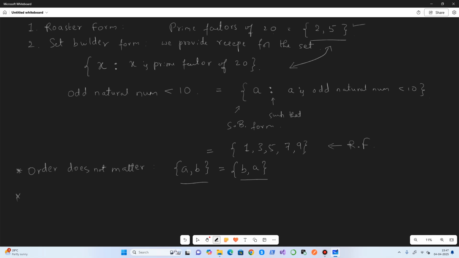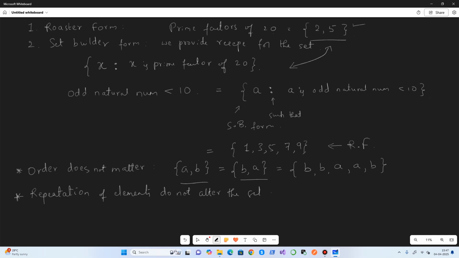The second important property is that repetition of elements does not alter the set. What does it mean? Say A, B is there. I can repeat B 2 times and I can repeat A 3 times, or however many times I can repeat, still the set remains the same.